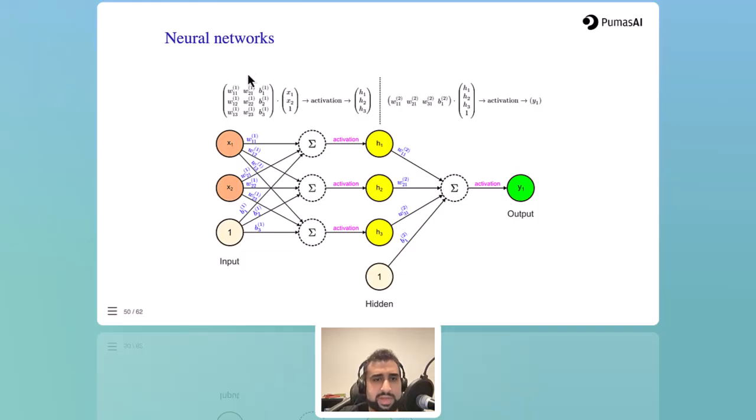So mathematically in matrix notation, we can put together all the weights here like this in this matrix form. So these are the weights from the first layer, and then we multiply it by a vector of all the inputs and then 1. And this multiplication basically is equivalent to the output of the summation here. So when we take the sum across all of these different weights, this can be written more compactly using this matrix vector multiplication. And then we apply the activation function to get H1, H2, and H3. So this is just a mathematical representation of what's happening down there. And then same thing here, but it's just that we have now three inputs